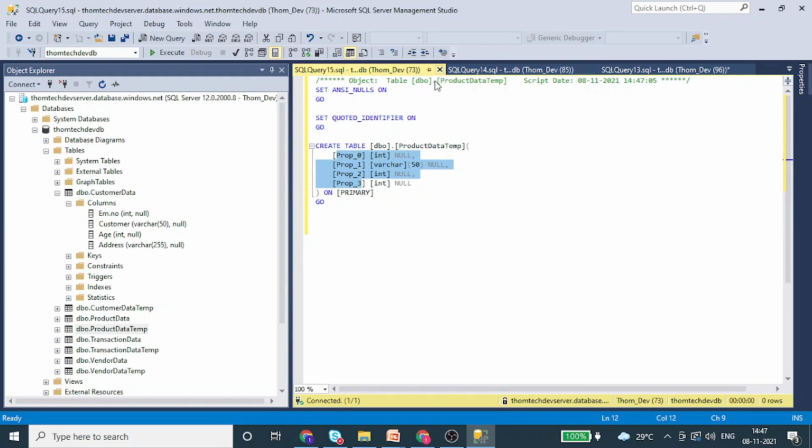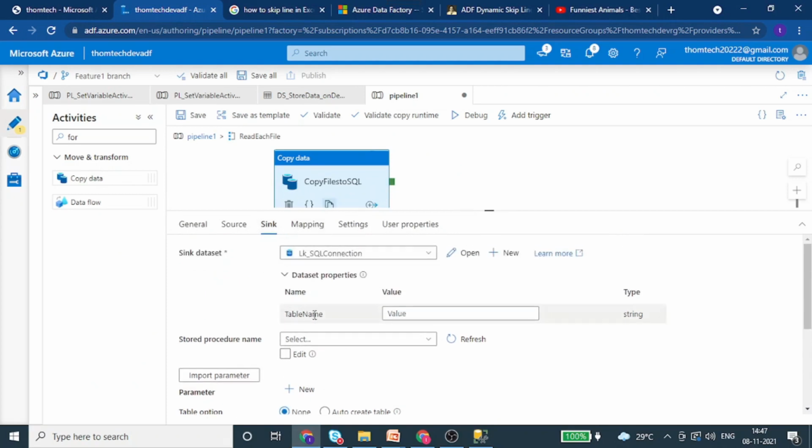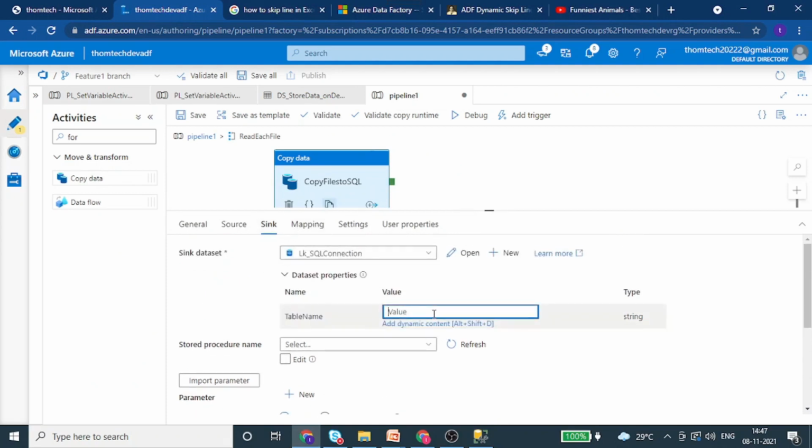Okay, so let's close this. Close this, it will be automatically closed, don't worry. And then we can go to this. Now at the sync side, the table name is empty and we need to give some value at runtime, right? So simply select this item().name, which is the file name, and then make use of replace, replacing dot xlx with temp. So I'm reading the file name with the extension and replacing the dot xlx with temp so that I can get the temporary table name automatically. Okay, so that is the benefit of this.